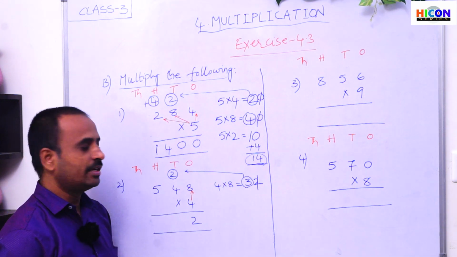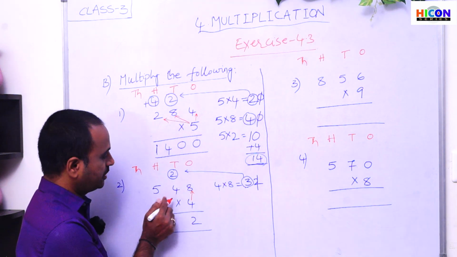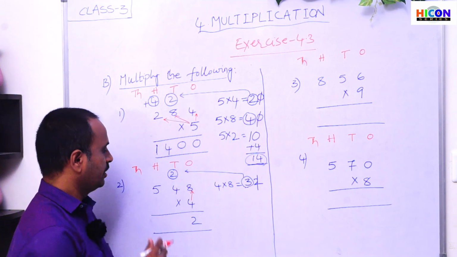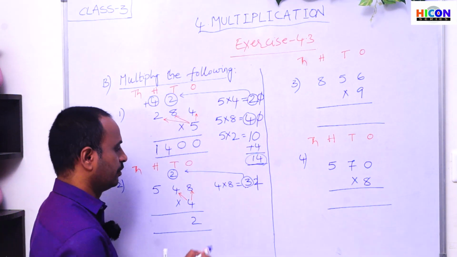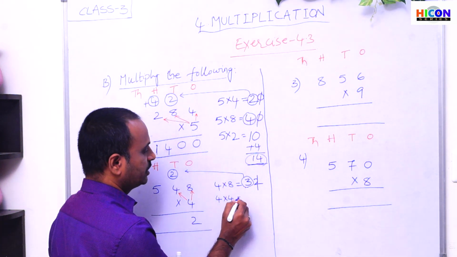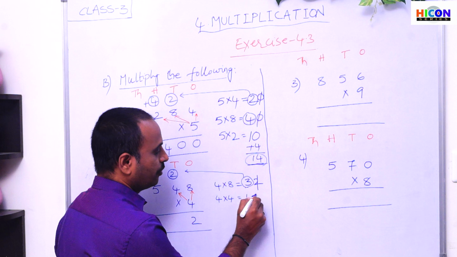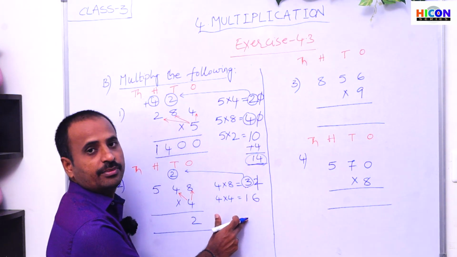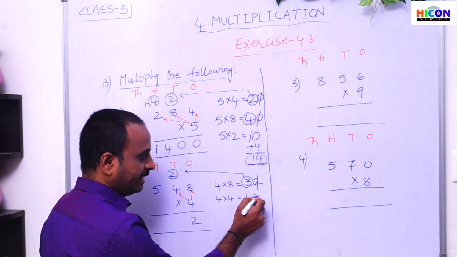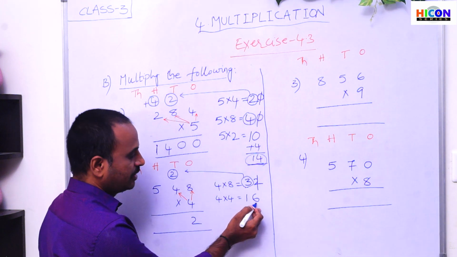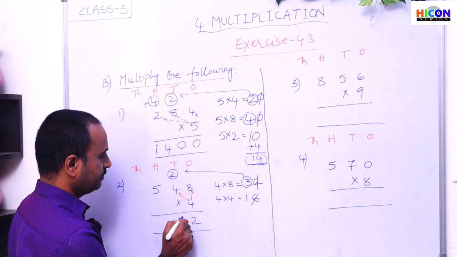So now again multiply the digit in the tens place with 4. What is present in tens place? Here 4 is present in tens place. Multiply this 4 with 4. That is 4 into 4. Children, how much? 4 4s are 16. And again it is a 2-digit number. So if the product is a 2-digit number, again we have to write the second digit only. What is the second digit here? 6 is the second digit. Write the second digit 6 under tens place.